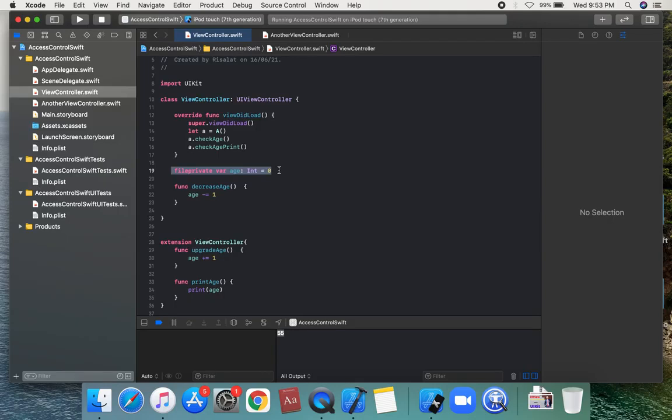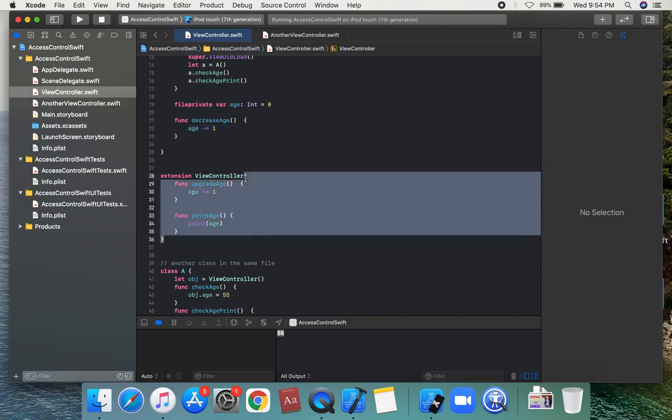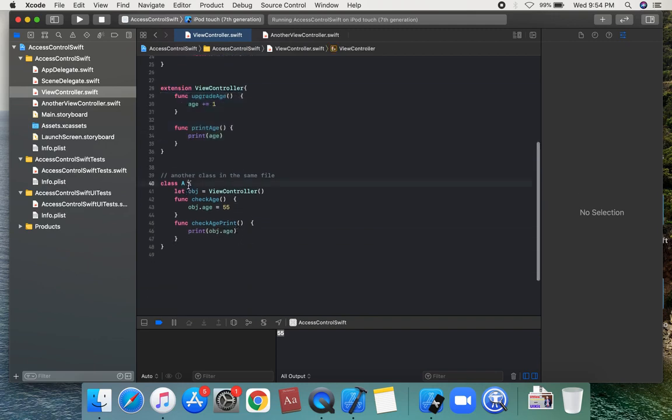So if you declare any property as file private inside a class, then this property would be accessible inside that class and all of its extensions and another class. This is another class and use of file private.